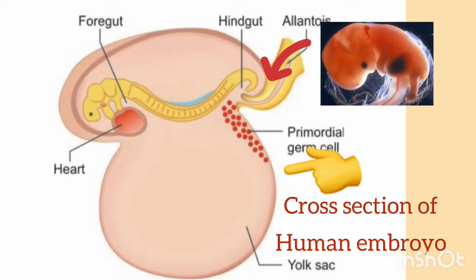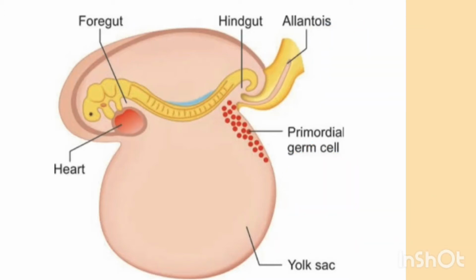Before we start with spermatogenesis, firstly let's have a look at the cross-section of a human embryo and let's see why we are looking at this picture. Now look at the primordial germ cells. These are the primitive germ cells or the primitive sex cells which will give rise to the future male gamete. These primordial germ cells appear in the wall of the yolk sac during the 4th week of